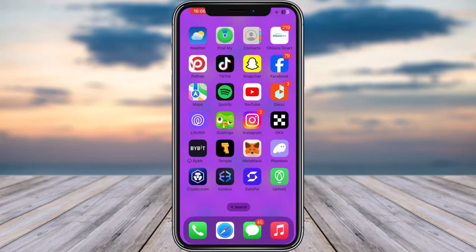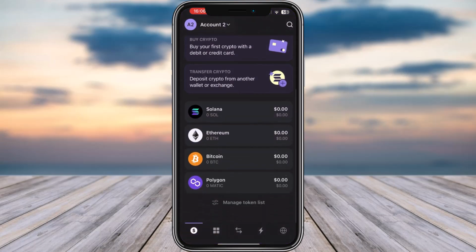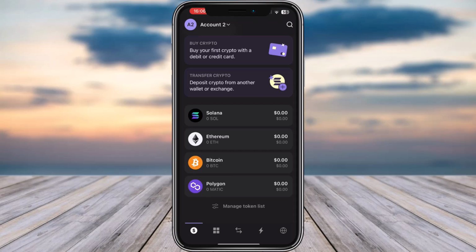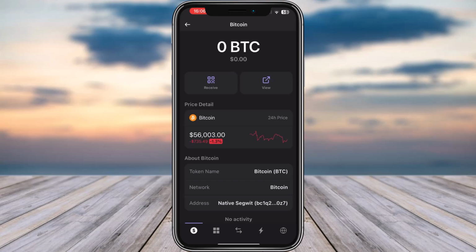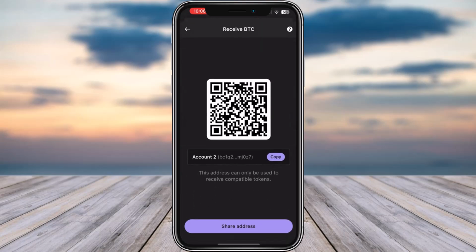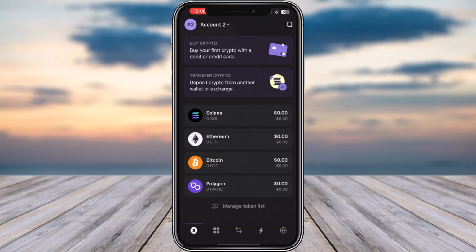So for that, simply go ahead, open up your Phantom Wallet app on your phone. Now from over here, you're gonna scroll down, and from the listed token you're gonna find Bitcoin right away. First thing is tap on it, and for the receive purpose you will find your address like that over here. You can share, you can copy, and the other method is for you to find it for the different